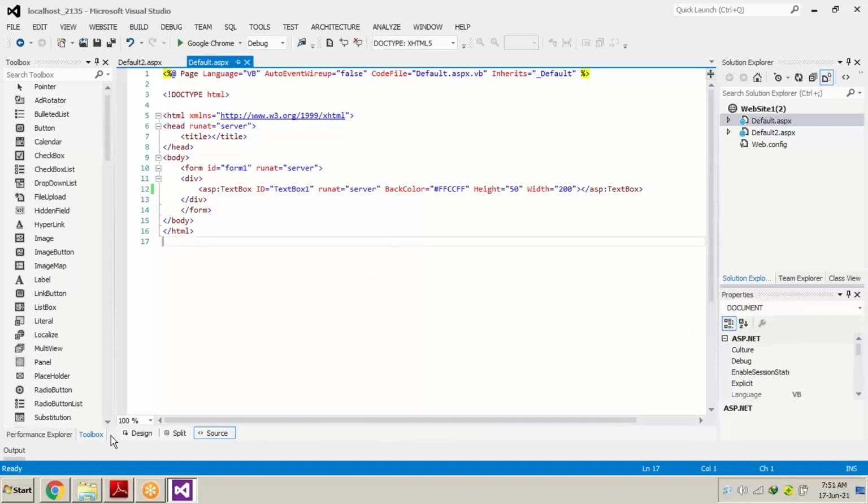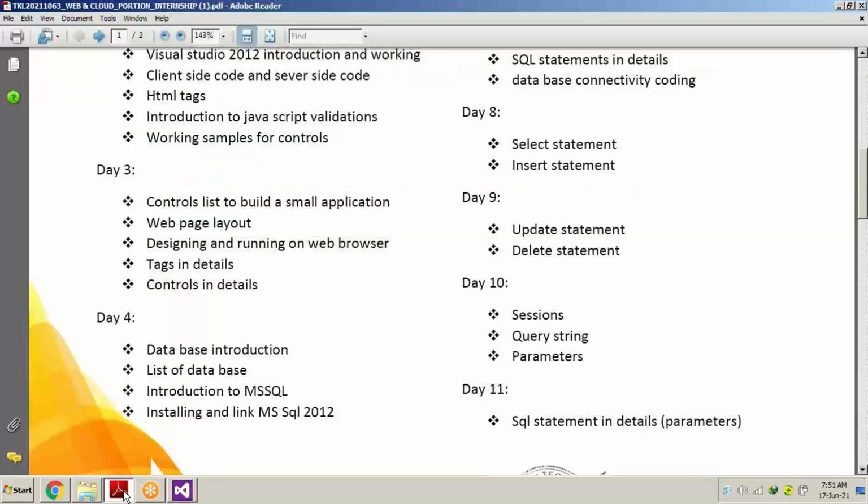Now what we will do, we will be discussing about the web layout. No, sorry, let me just make a small application, a very small application, just the design part with 2 controls, the text box and the button.